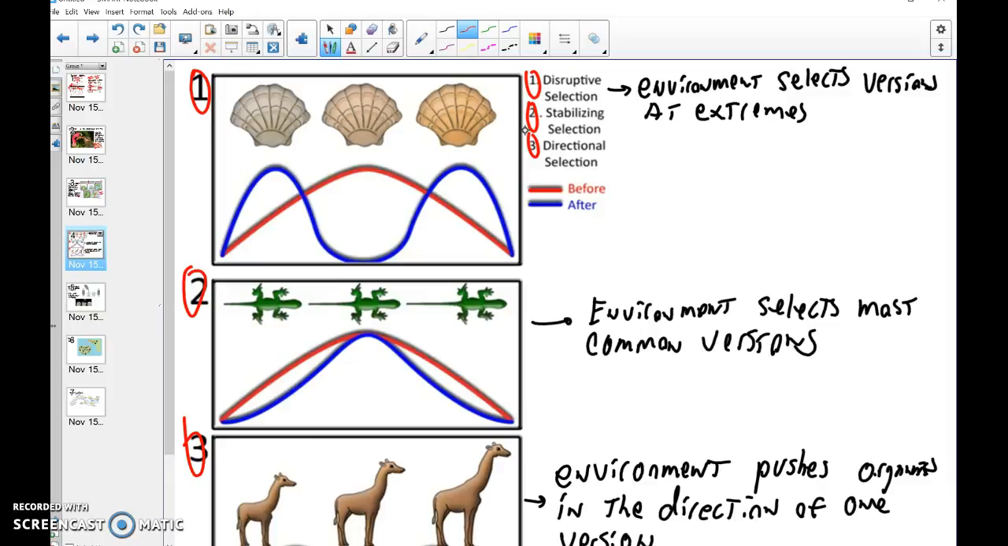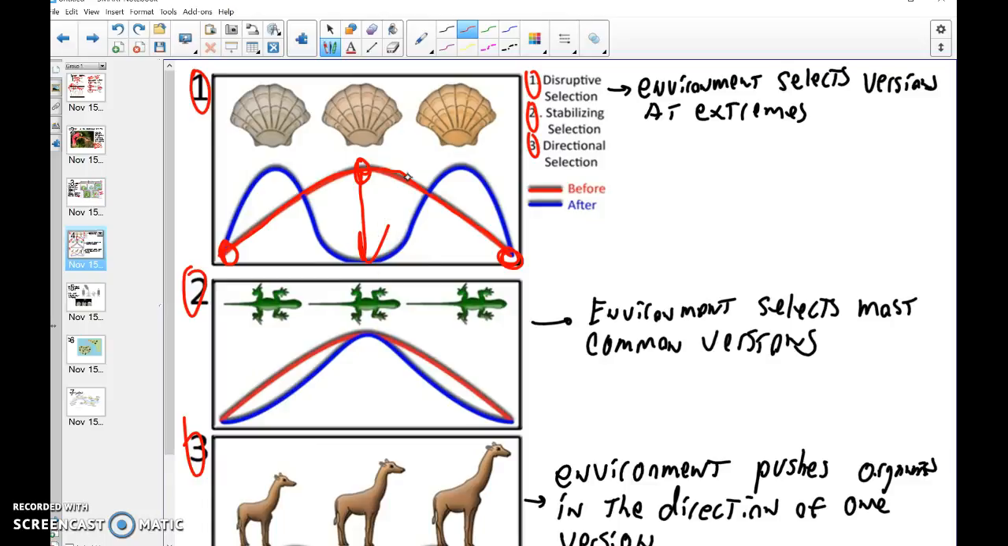So the first one we're going to discuss is called disruptive selection. You can see the red line here. This is the frequency of the various types of this sand dollar-like organism, or clam, whichever it is. And you can see that there are organisms down here at the extremes that aren't very common, and there are organisms here in the middle that tend to be more of a combination of them that are more common. And what you'll notice is that when disruptive selection happens, it takes this most common version and basically,